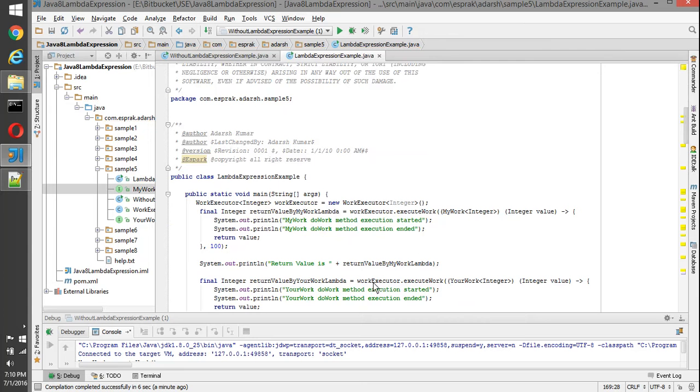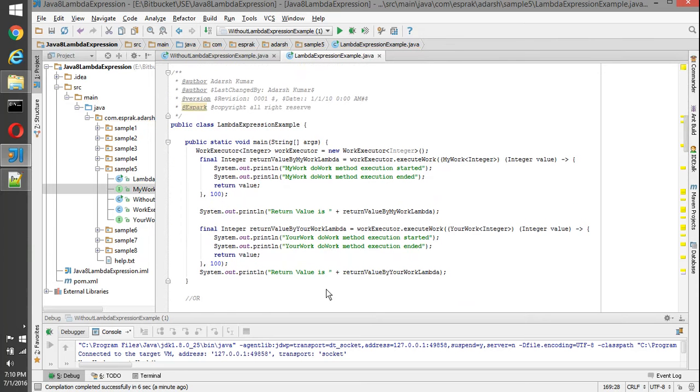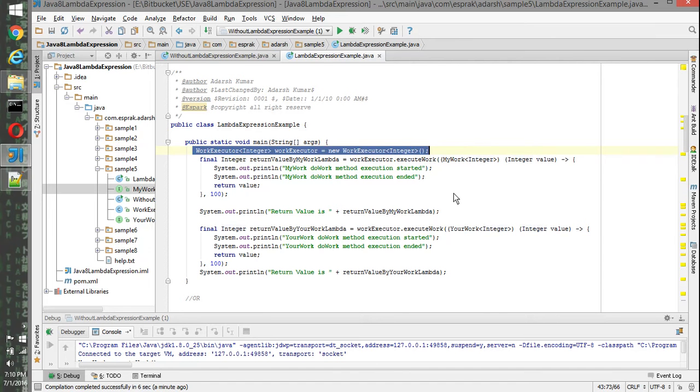So for the first implementation, how can we write a lambda expression for that? We have created a work executor instance bound with the integer data type, and then we have called the execute work method on the work executor instance.